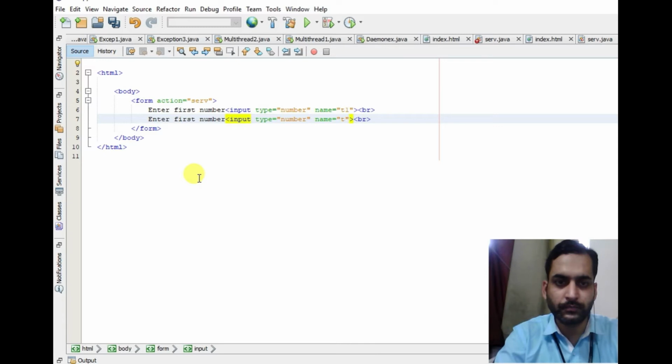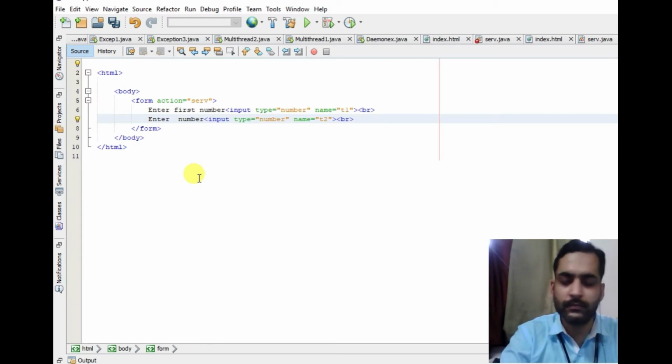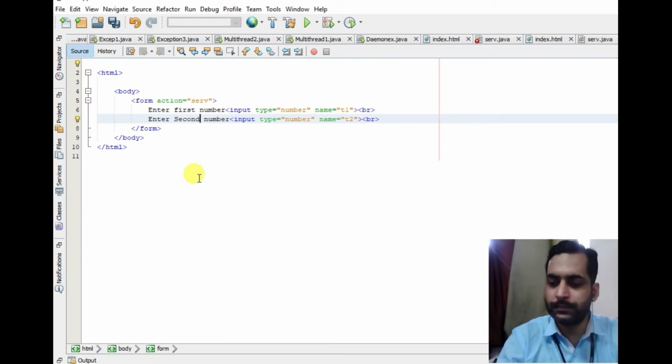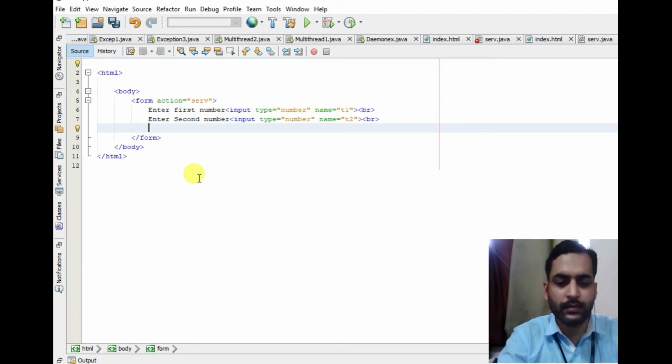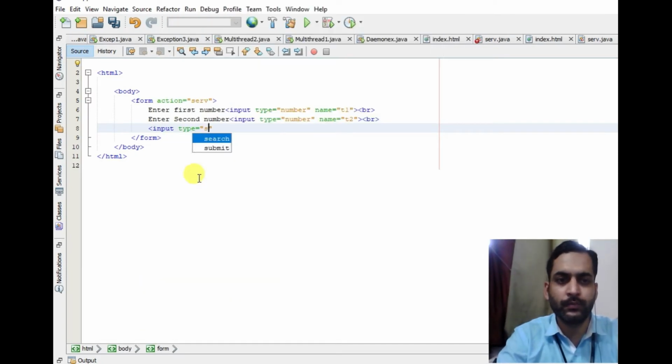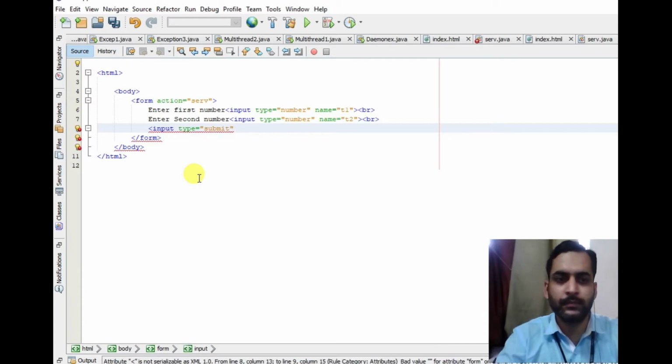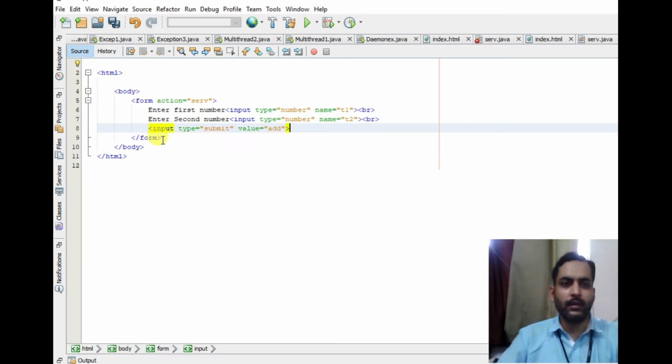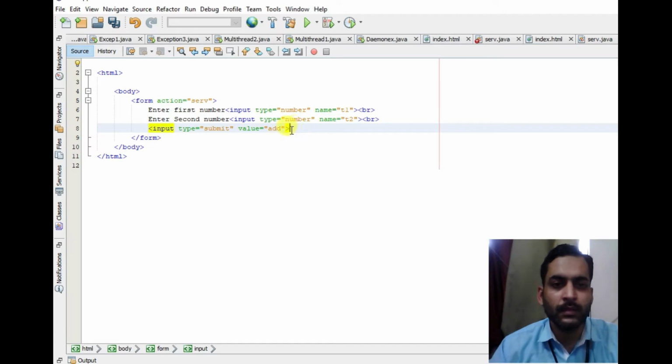Use t2 and enter second number. Now let us add one submit button. Input type is equal to submit and value is equal to add. So this will be the caption of the button.